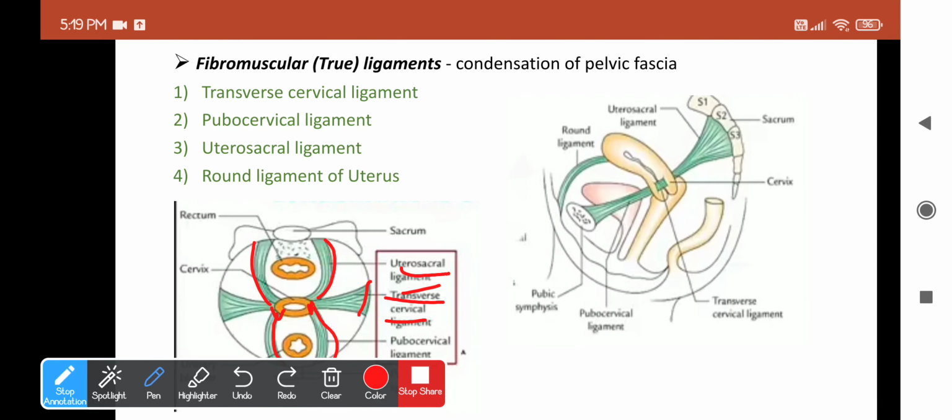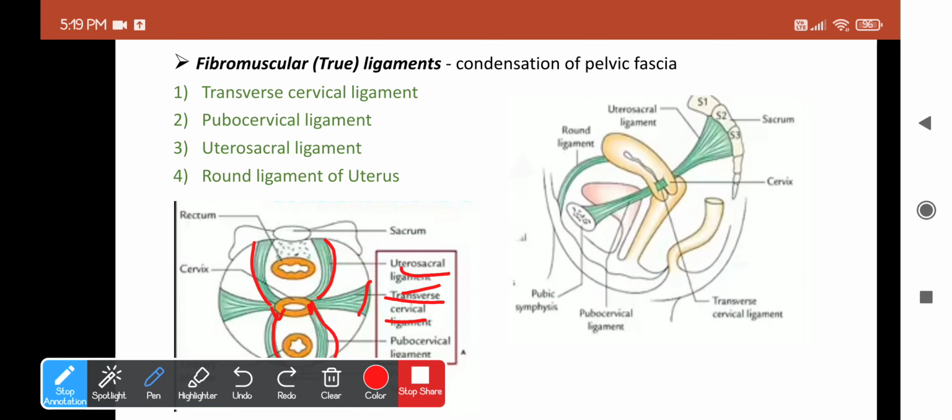And finally you have the round ligament of the uterus. It's a very important one, otherwise called the ligamentum teres uteri. Okay, so it is a 10 centimeter long fibromuscular band, and it begins at the lateral angle of the uterus. As I've already mentioned, this is the one which lies anteroinferior to the fallopian tube at the corner of the uterus. So it extends from the lateral angle of the uterus and passes forward and laterally.